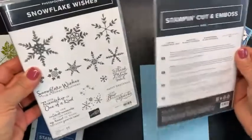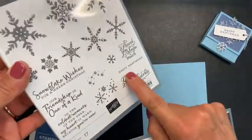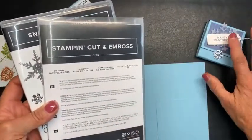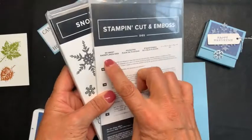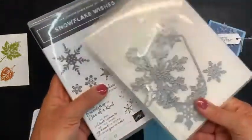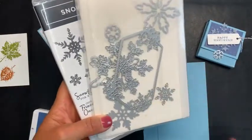Snowflake Wishes. Love this set. You guys, it has so many cute fonts. And there is a Happy Hanukkah in here. And so this is what I found to be able to use for my tag. This also has some dies called So Many Snowflake dies. And flakes, yes. Lots of snowflakes. So I used...